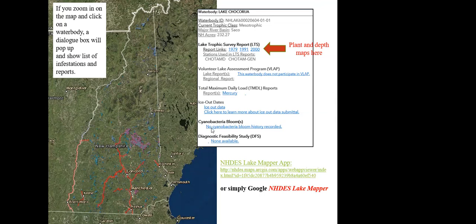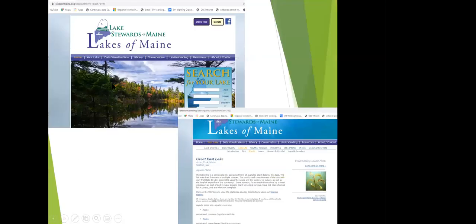It tells you if there's been a bloom history. If you scroll down a little bit more, you would see if there are any invasive plants in that water body. So it tells you a whole lot about water bodies in New Hampshire. So that is a resource for you to check out your own lake or spy on other lakes and see what's out there. In Maine, you can go to the Lake Stewards of Maine pages, and you can, in their